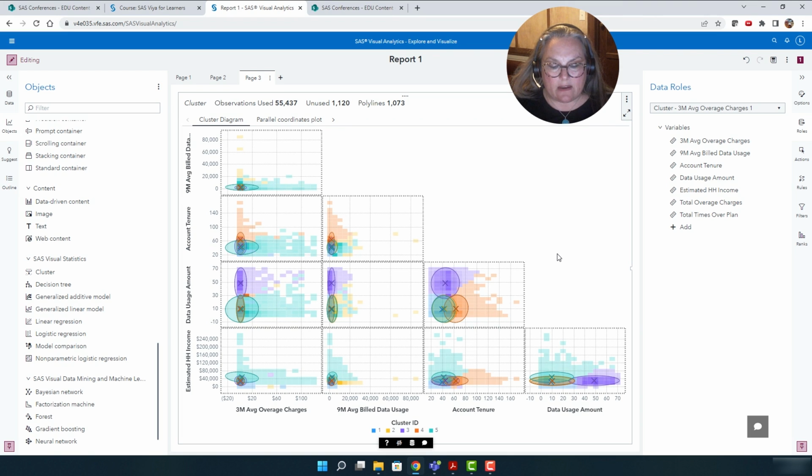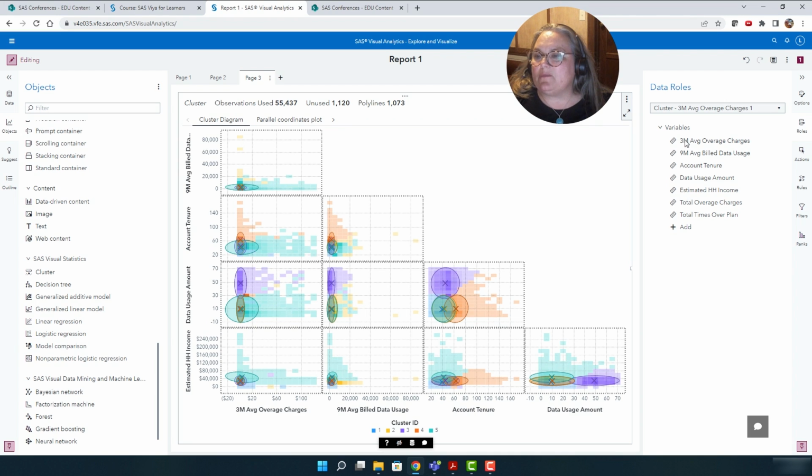The reason that we do this is that I could write out these clusters and use them later on in another analysis. Remember that this is an unsupervised model, so I do not have a target variable.